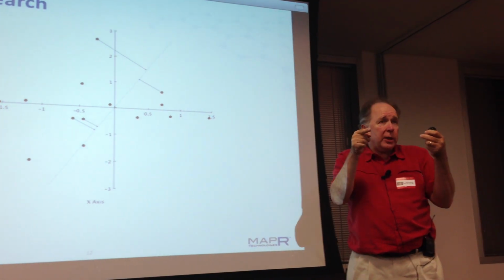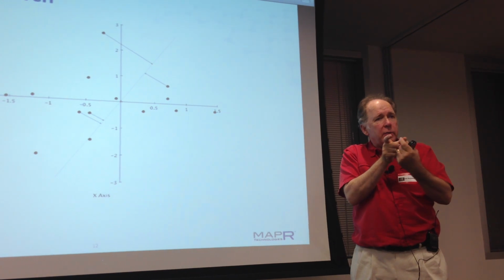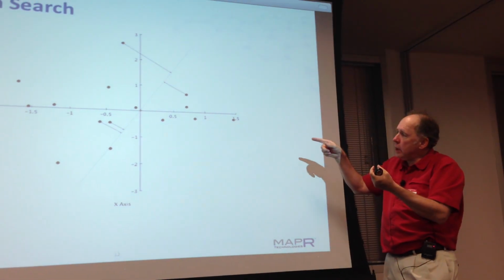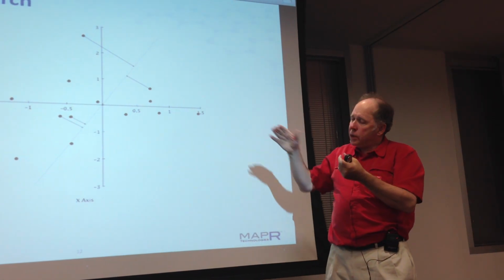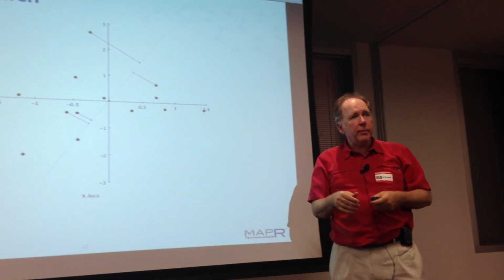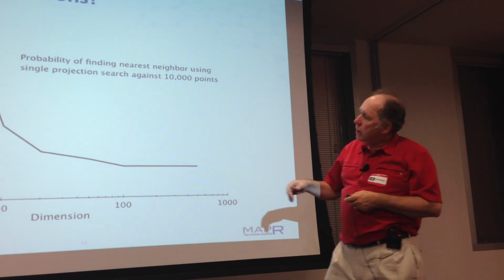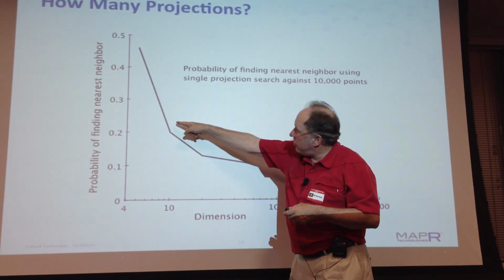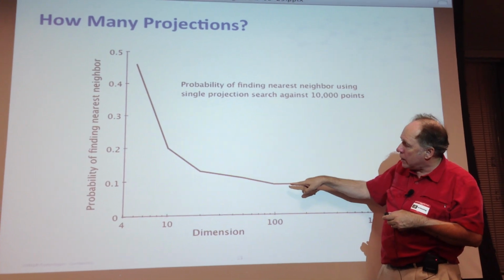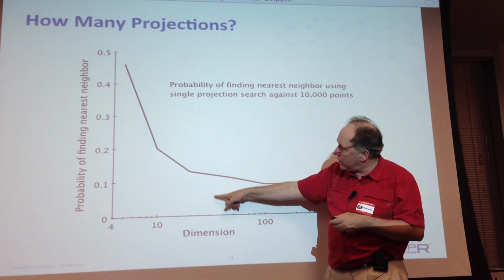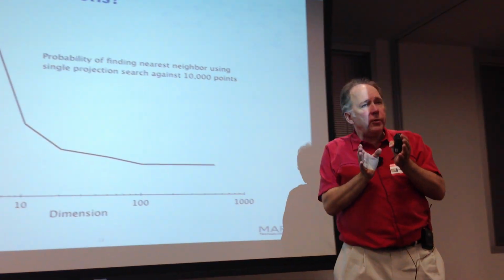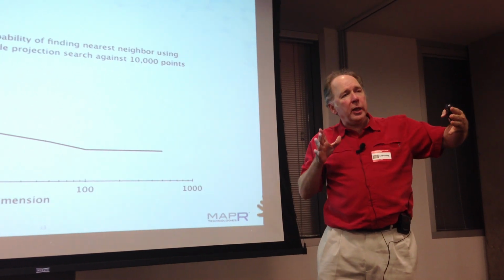We will find all of them in some distance, but the number of non-close things we have to weed through will be non-trivial, depending on the data that we're looking at. And so the trick then is to not search quite enough in any given dimension, but project it several times. And if we project it once, the probability of finding the true nearest neighbor drops, nice kind of 1 over x sort of thing. But if we're in this mid-range of dimensionality, we still have between 10 and 20% chance of finding the true nearest neighbor in just a few searches, and just a few more than however deep we want to